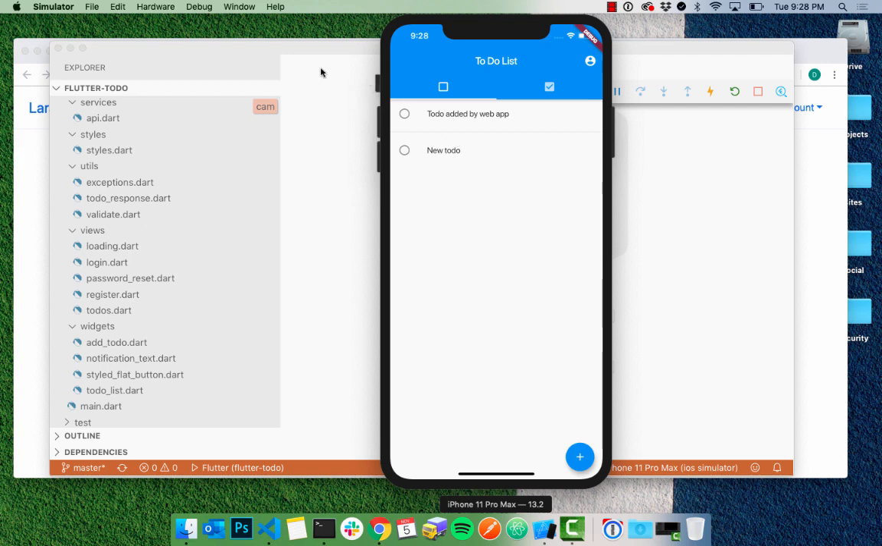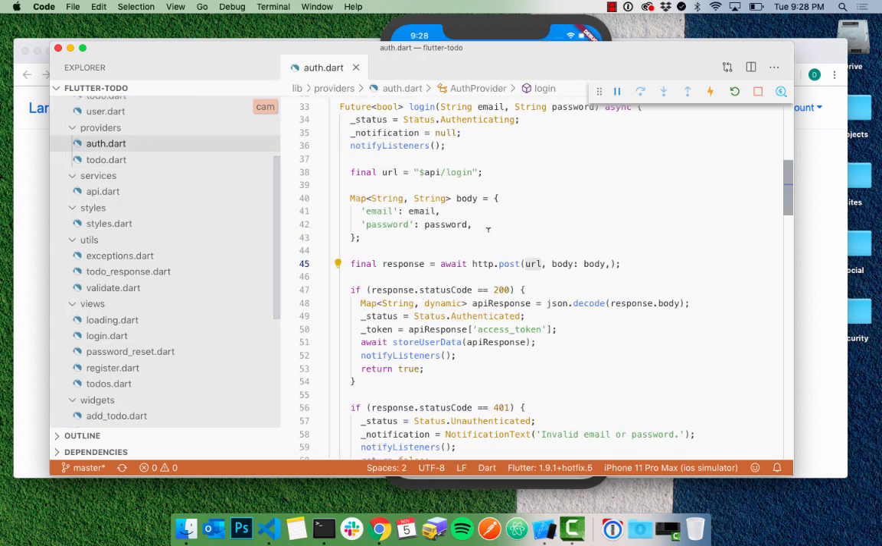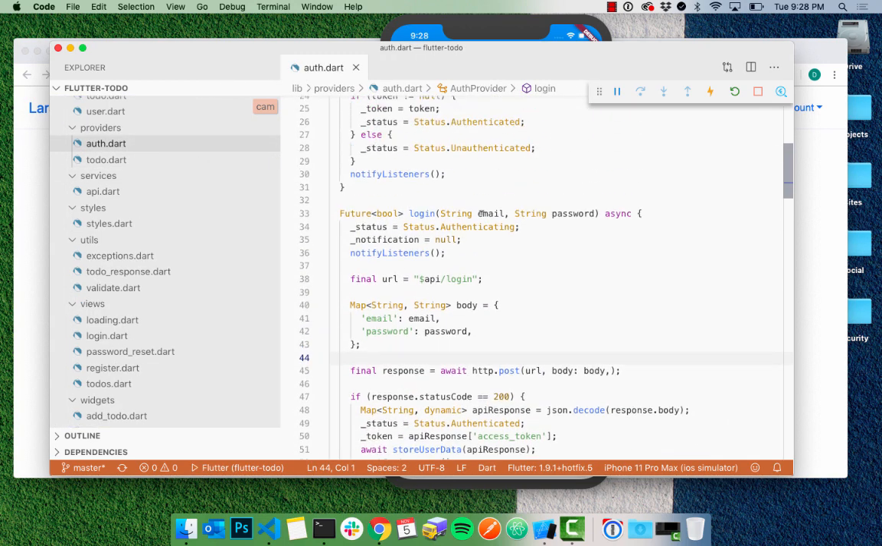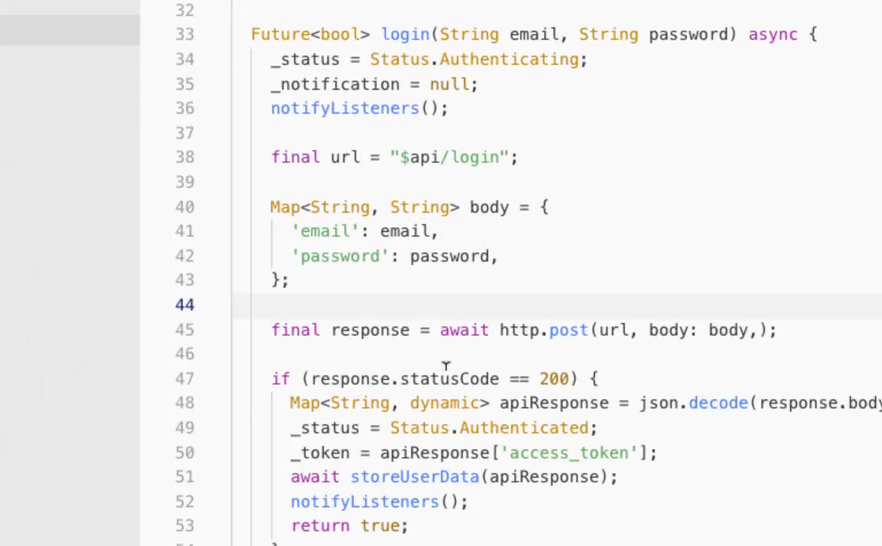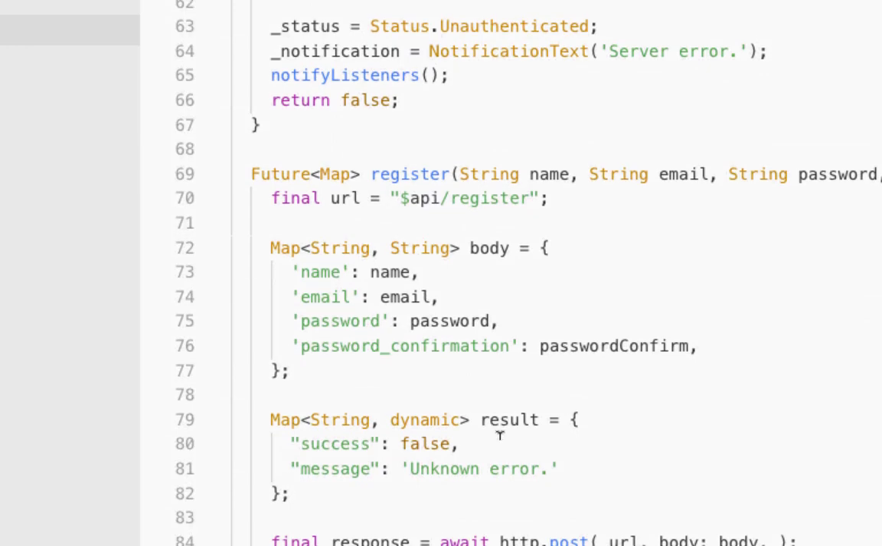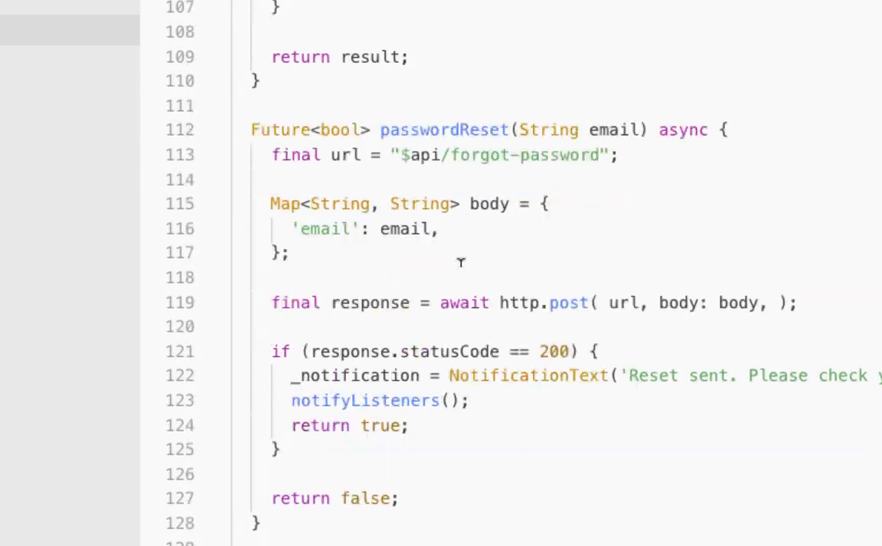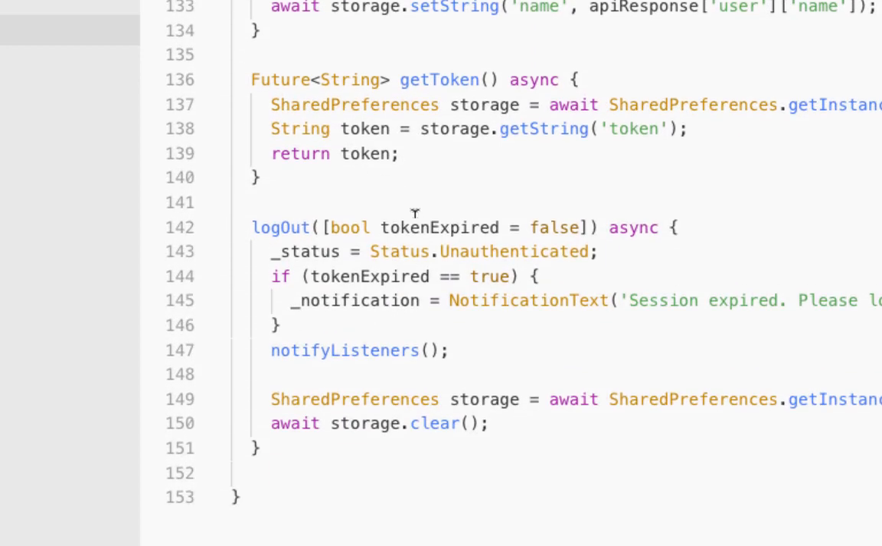So I'm not going to give a huge overview of the code, but you can kind of see all the views in here, how a login page can be built or a registration page. Auth provider is how we handle the logins. So you can see how you can do a post to a URL and send specific data and then parse the response. And this auth provider also does the registration and password reset and login and some storing of the